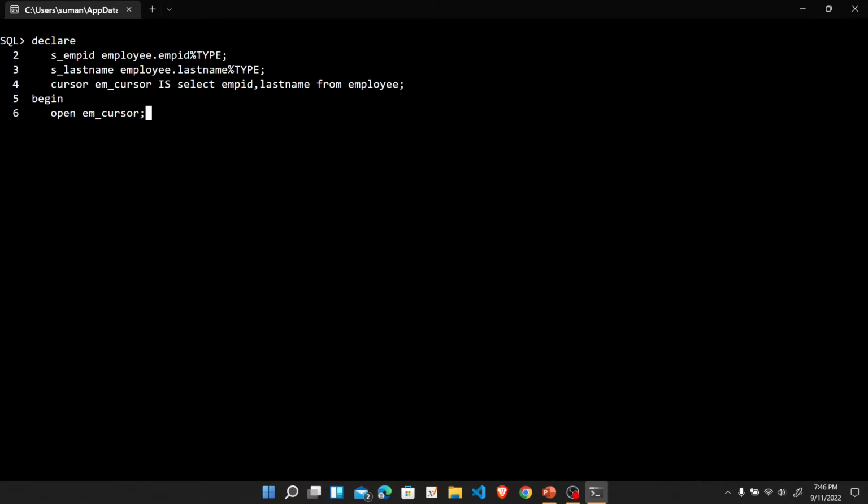semicolon. So it is required to check whether the cursor is open or not. Here we are just opening the cursor. Then we are providing a loop, and then we give the fetch. FETCH em_cursor INTO s_emp_id, s_last_name,